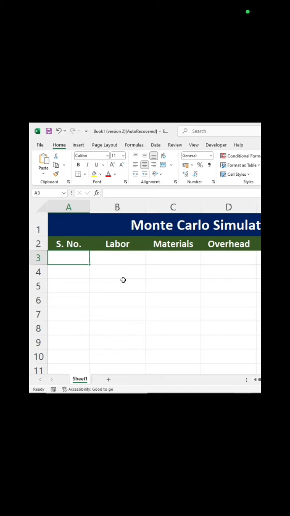Each cost component has a mean and standard deviation. Let's say our cost components are, of course, labor, materials, and overhead, which we have in the header. The task is to simulate 1000 project scenarios using the NORM.INV function together with RAND for the probability, and I have also included the mean and standard deviation. I have a data table for repeating scenarios, and I'm going to calculate the percentage of total cost greater than 10,000,